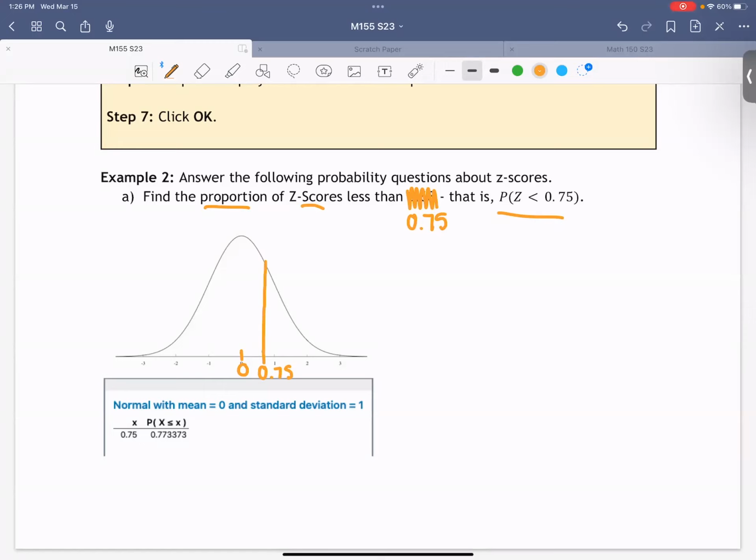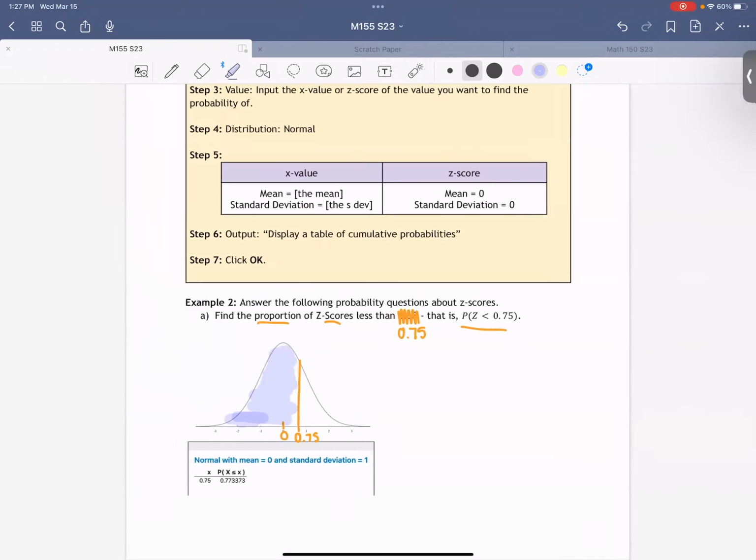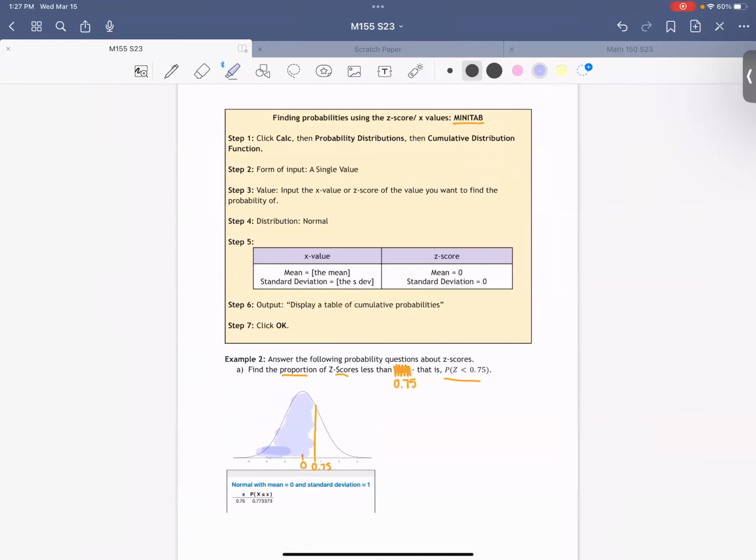If I want to find the probability of less than 0.75, do you think I should shade the area to the left or to the right? To the left, right? Because left means less than, right means greater than. So I'm going to shade in all the area to the left of 0.75. I want to find the area under the curve that's to the left. Now that I have this visual in my head, I'm going to follow the instructions